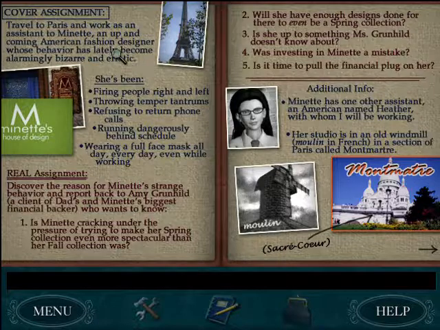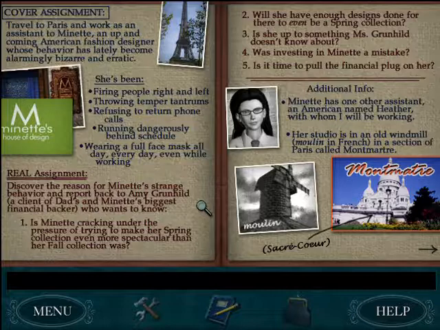Cover assignment. Travel to Paris and work as an assistant to Minette, an up-and-coming American fashion designer whose behavior has lately become alarmingly bizarre and erratic. She's been firing people right and left, throwing temper tantrums, refusing to return phone calls, running dangerously behind schedule, and wearing a full face mask all day, every day, even while working. Real assignment. Discover the reason for Minette's strange behavior and report back to Amy Grunhild, a client of Dad's and